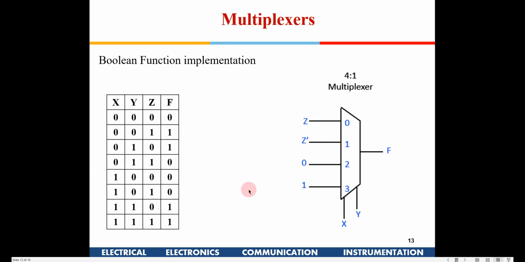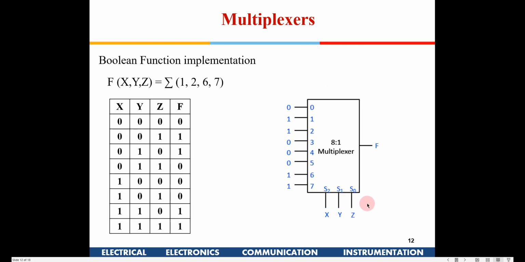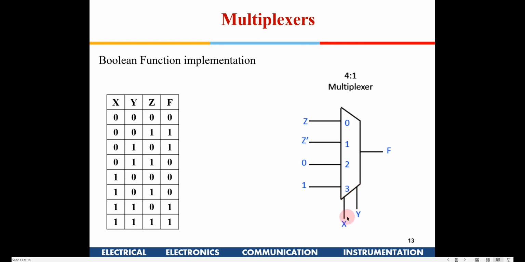Okay. Now here there are 3 variables, and I have taken an 8x1 multiplexer and I am giving 3 inputs out here, right? What I can do is I can also use a 4x1 multiplexer, where I give only 2 inputs out here, right? If I give 2 inputs, now if you see here, x is equal to 0 0, and z is 0 and 1.